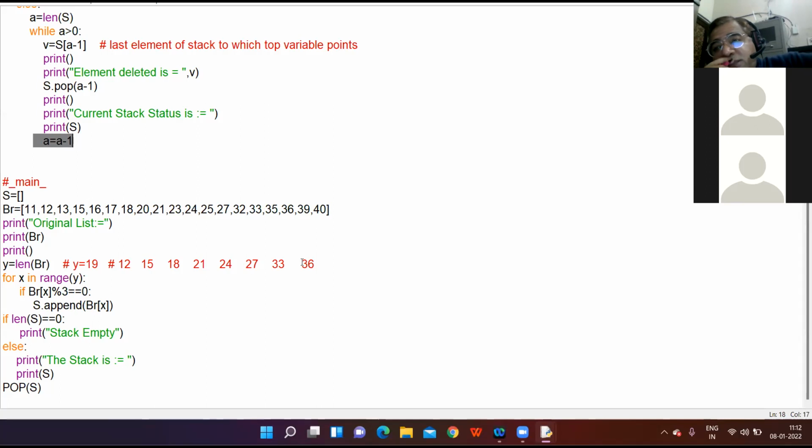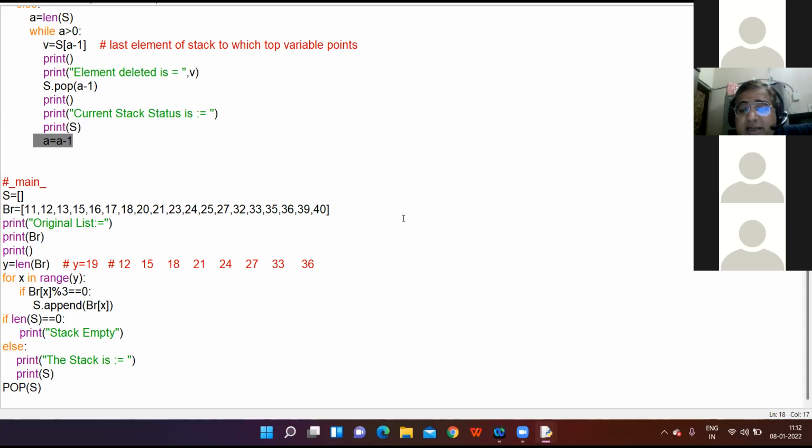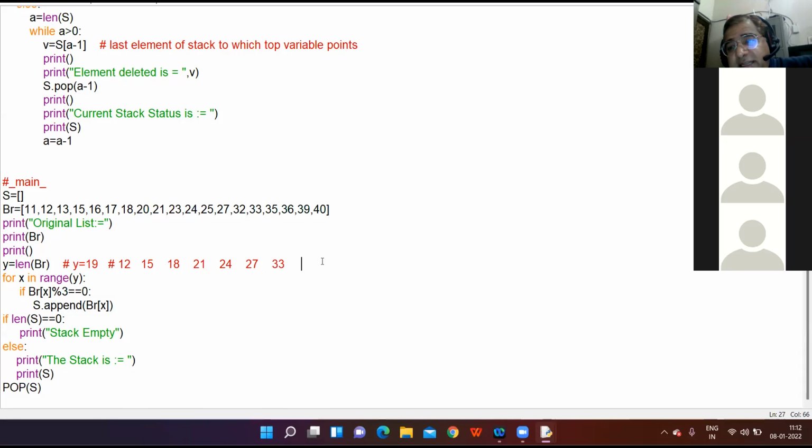Yes, plus 2 class. After removing 39, which element will be removed from the stack? Yes, Mohit. Sir, 36. Very good, 36. After 36,